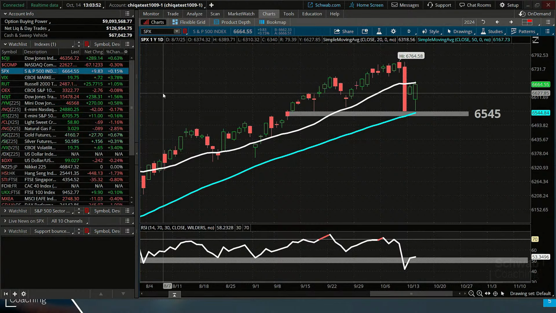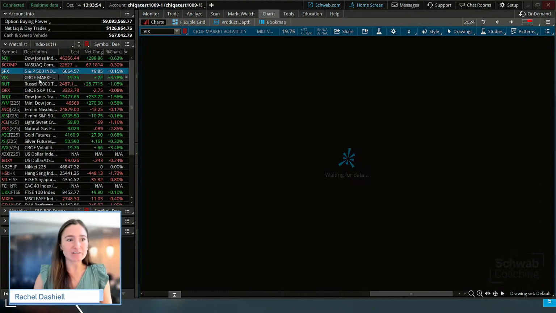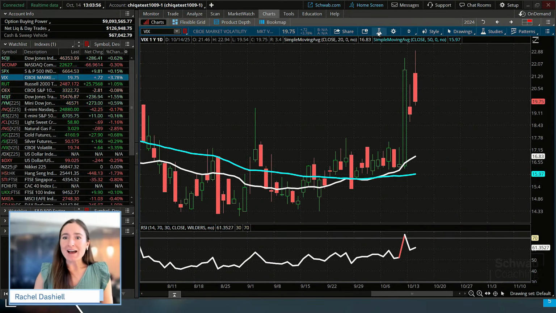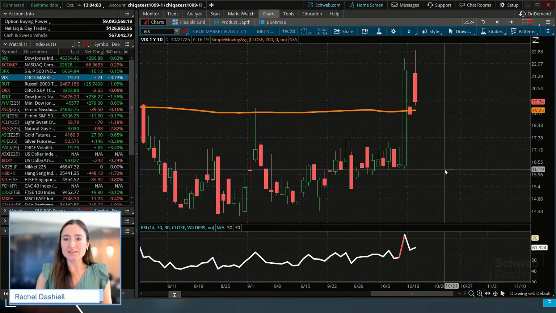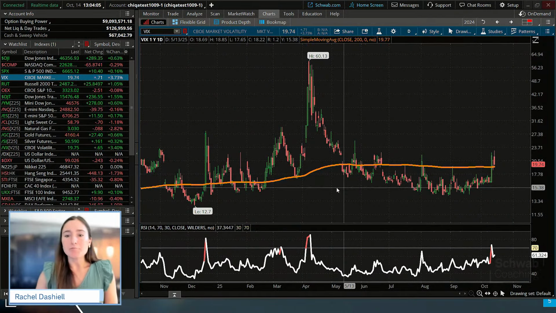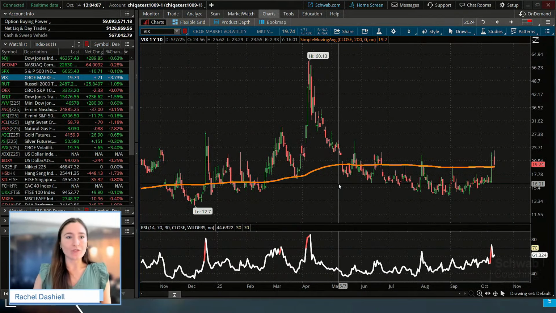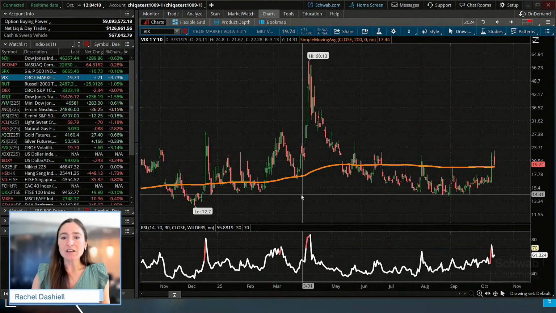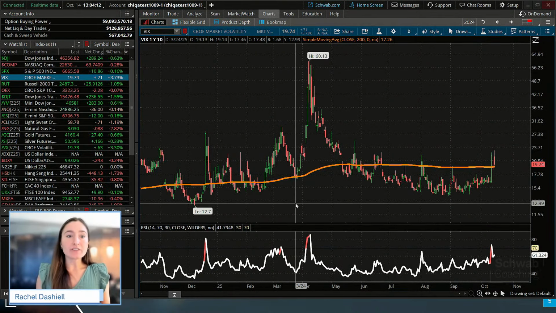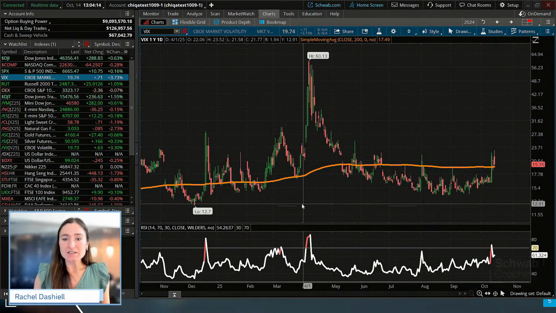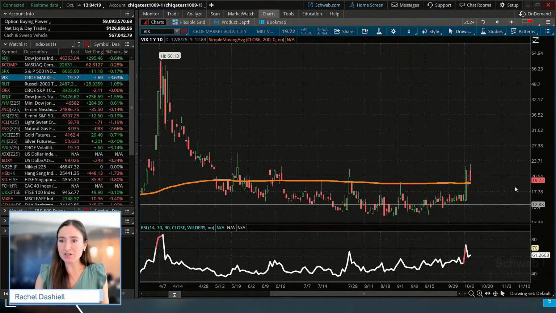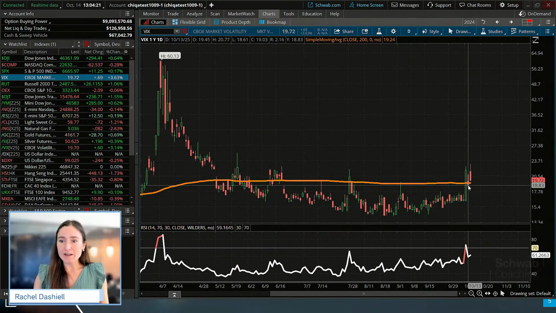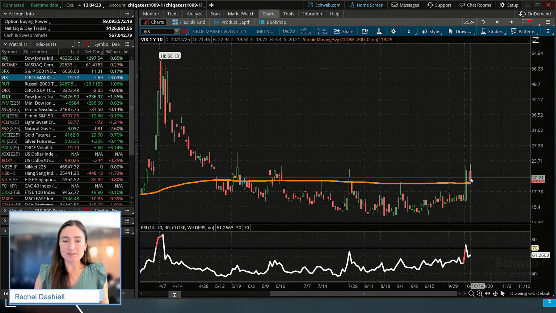Now, since we talked a little bit about the volatility, let's just take a quick look at the VIX here. And I'm going to add another moving average onto here. I'm just going to show our 200-period moving average in the VIX. And I think this is somewhat important when looking at this chart. We can just see in periods of elevated volatility that VIX tends to move above its 200-period moving average, or 200-day moving average here. And we saw that move on Friday, again yesterday, and again today.